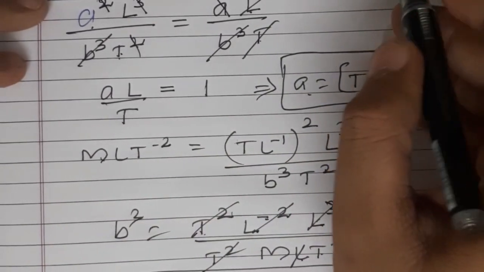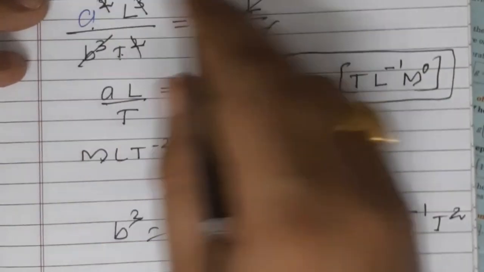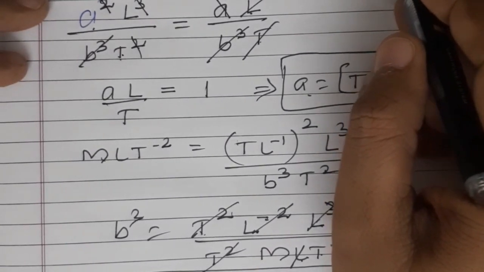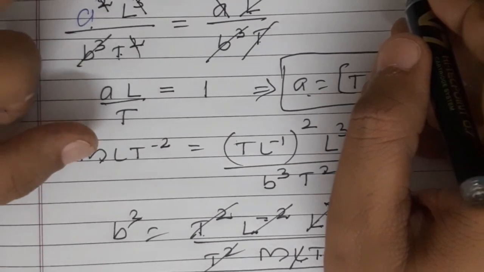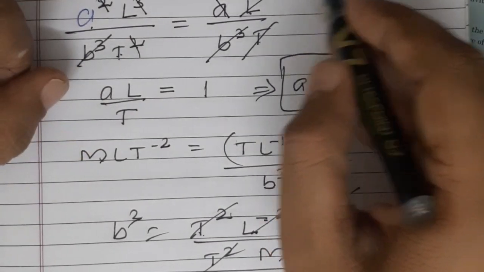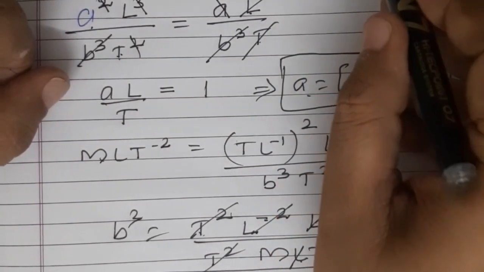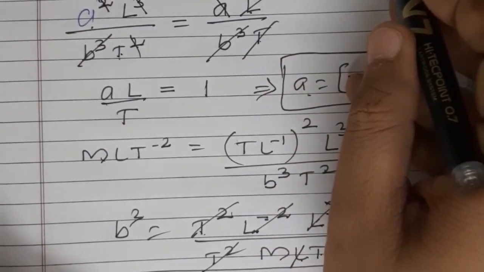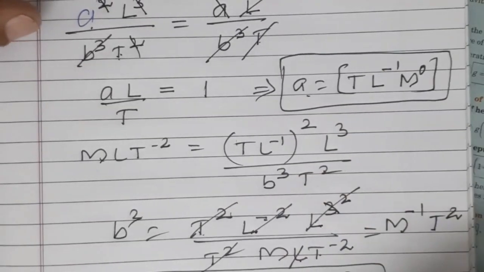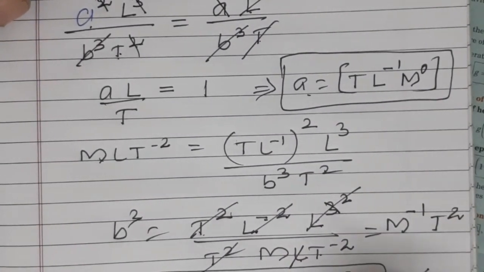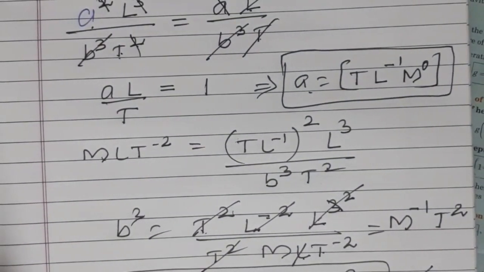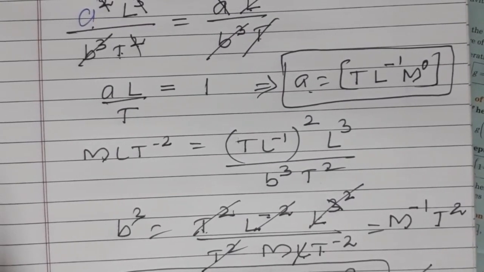Now if I directly compare this one over here, I can easily get the dimensions of C over here, but I can also compare this A with this B also. We can compare these two terms also. A will get cancelled out, B we know these dimensions, and we can get the dimensions of C. But looking on to the dimensions of B, it's easier in this case to compare this last term with the left hand side term. So I will write MLT minus 2 is